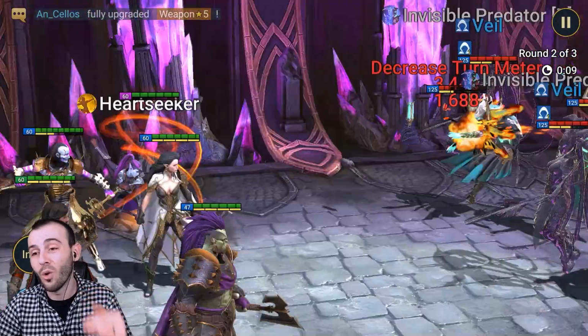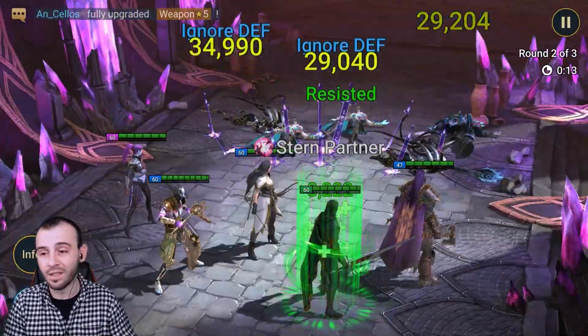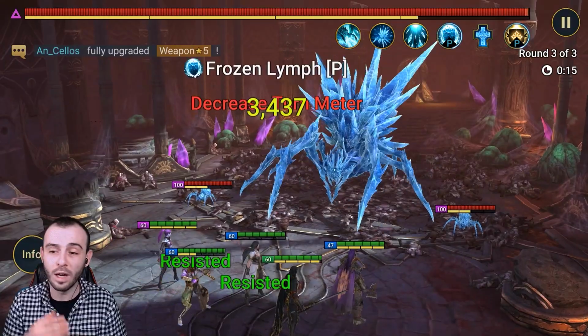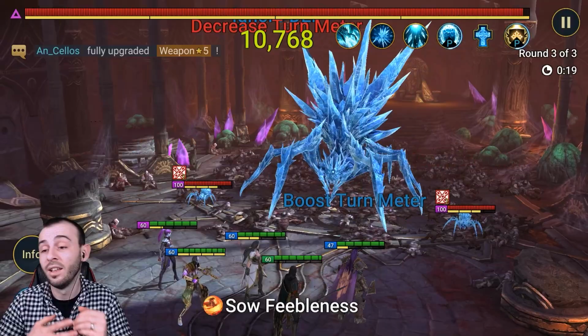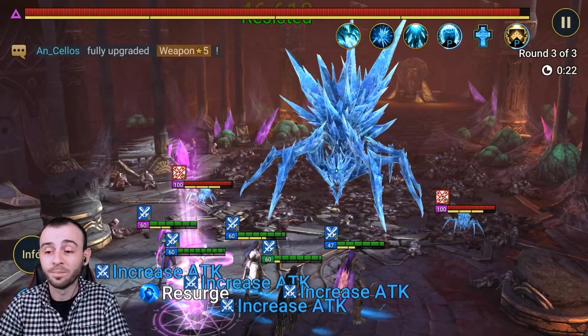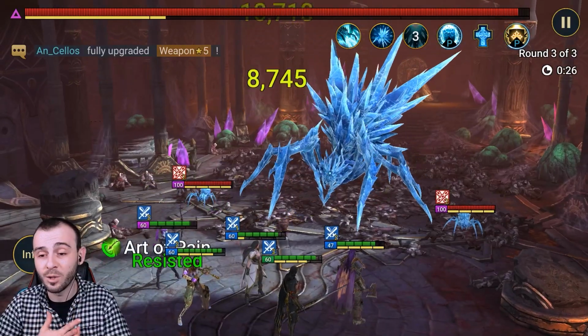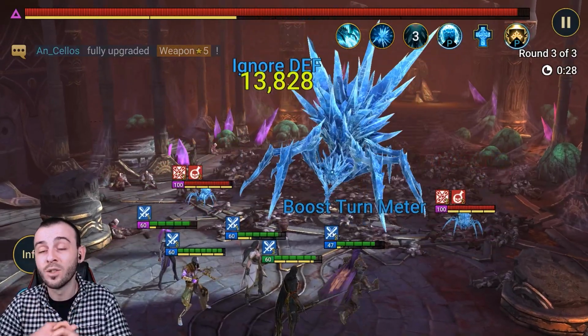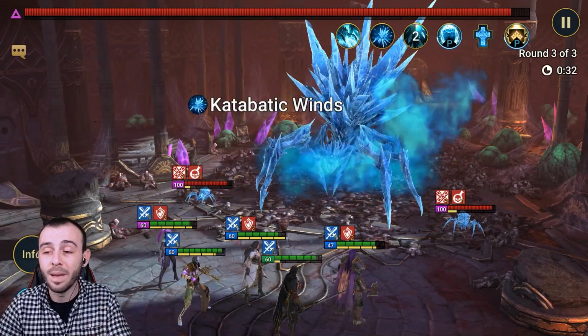I am curious to know what teams you guys used. Did any of you actually struggle with this boss, either in hard or normal mode? Do let me know what the reason was why you struggled. If you don't have a Cold Heart, we do have Armiger, the uncommon. He can do an amazing job as well. He blocks revive, enemy max HP, decrease turn meter. So if you don't have a Cold Heart, you don't have a Royal Guard, make sure you get your Armiger